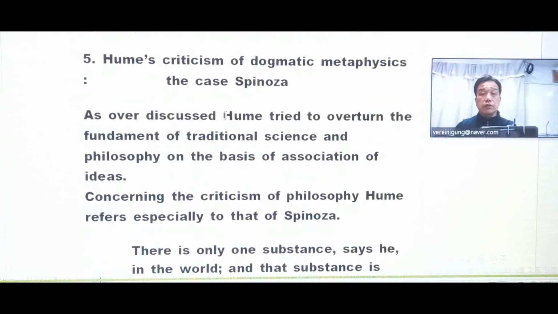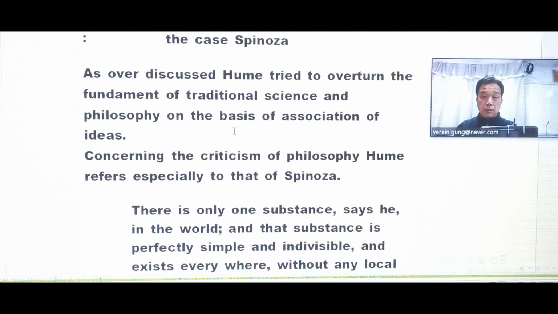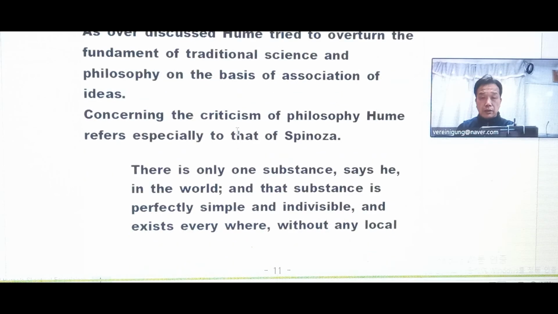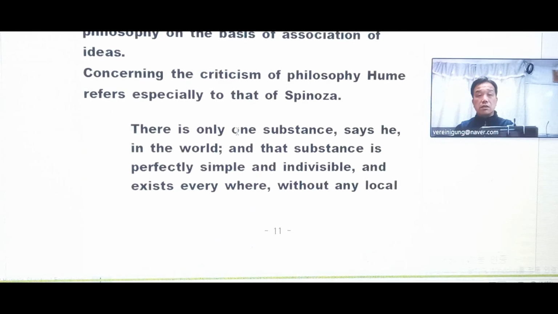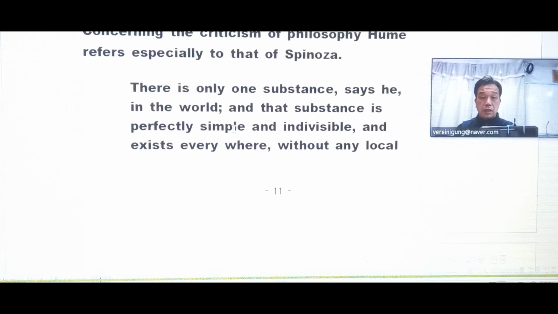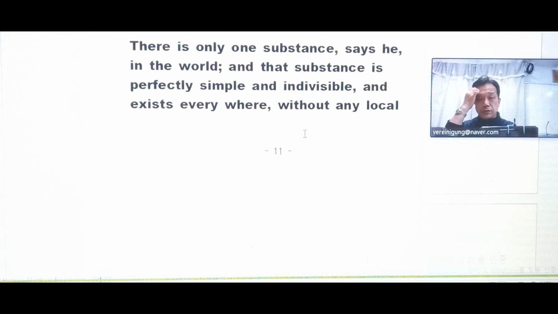Chapter 5. Hume's criticism of dogmatic metaphysics, the case of Spinoza. As discussed, Hume tried to overturn the fundamentals of traditional science and philosophy on the basis of the association of ideas. Concerning the criticism of philosophy, Hume refers especially to that of Spinoza. There is only one substance, says he, in the world, and that substance is perfectly simple and indivisible, and exists without